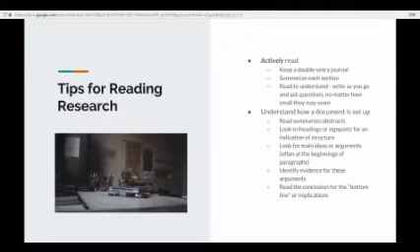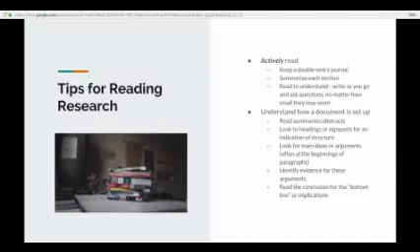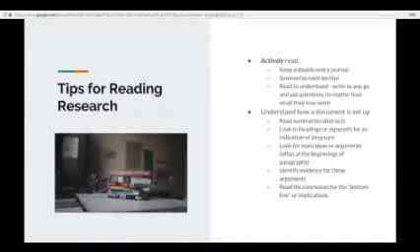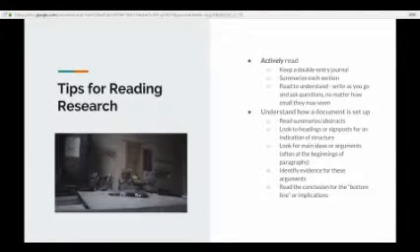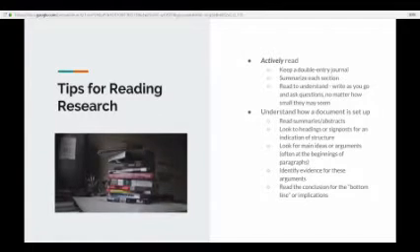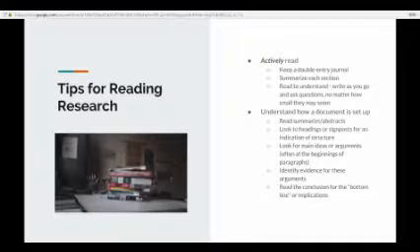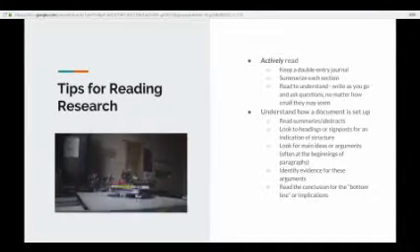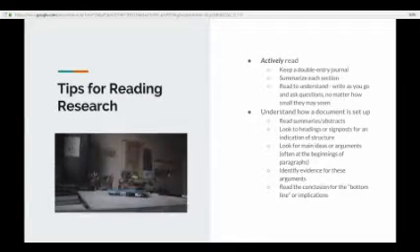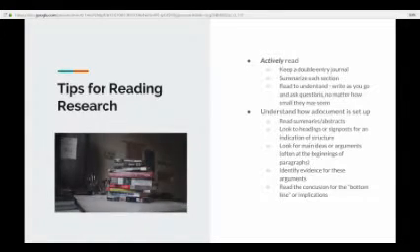So as you find your research and you're reading it, here are some things that you should be thinking about and doing as you go. You want to actively read. I asked you to do this in my class, and so this is just an extension of that. When I'm reading journal articles for myself, I will often keep what's called a double entry journal. On one side of my page, I have quotes from the article. On the other side, I have responses to it. So I'm actively engaging with the language and the article and the information as I go.